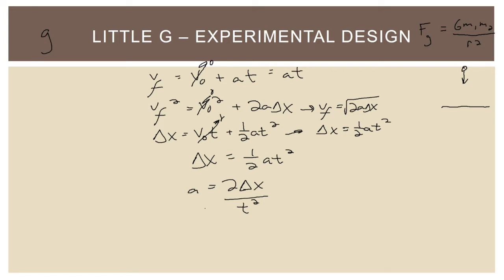And as we mentioned, the whole point for this equation is that it fits the form of the equation for the slope of a line, delta y over delta x. And so if you take 2 times the displacement and you graph that versus the time squared, that graph is